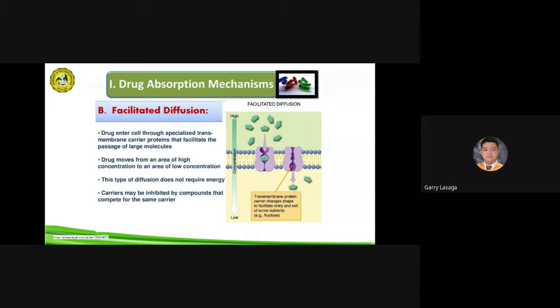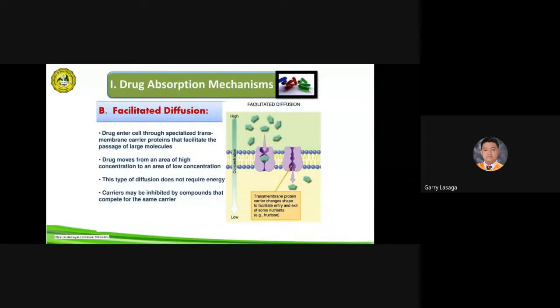So last meeting, we defined simple diffusion. We define simple diffusion as a passive transport mechanism, because it does not require the expenditure of energy. The driving force of simple diffusion is the concentration gradient, meaning movement from a higher concentration to a lower concentration. So there is a downhill movement of the molecules from an area of higher to lower